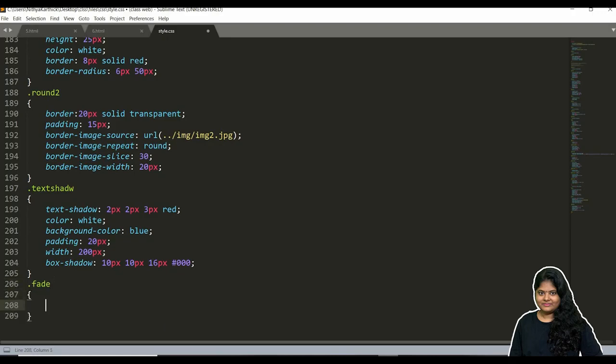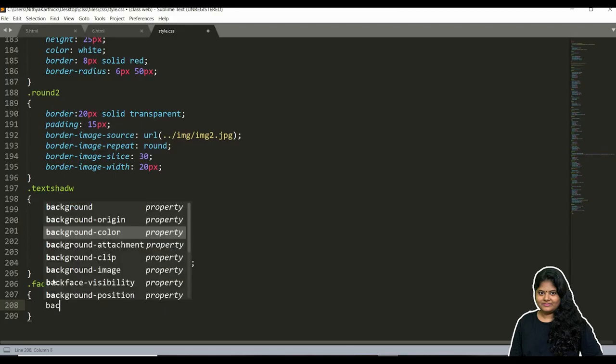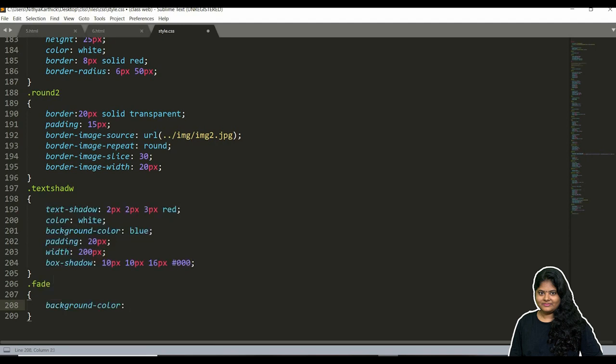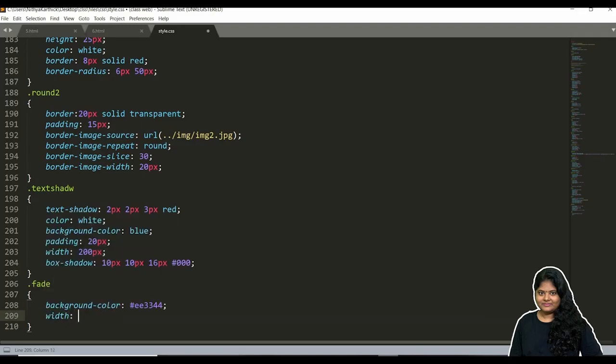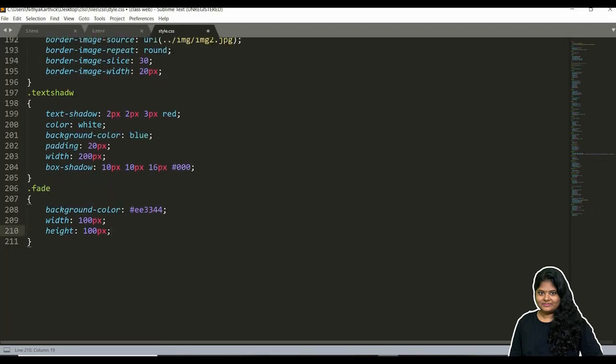For this I'm going to give a background color, just for example, some random color. The width is 100 pixels and the height also 100 pixels.